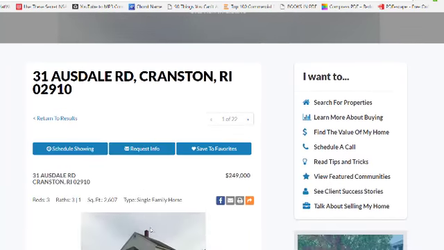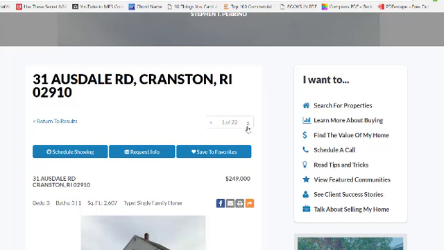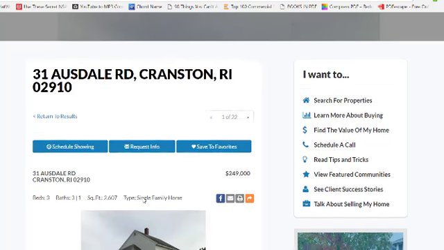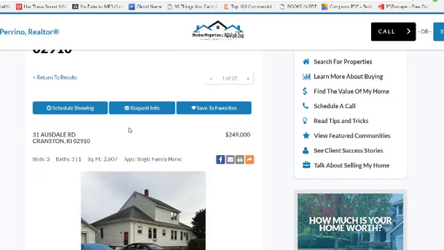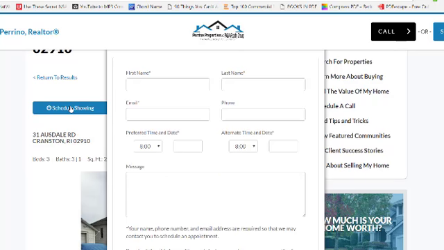When that detailed page comes up, again, you can return to the results. You can cycle through the results on the detailed page instead of the small icon, just page by page. And then also right here at the top, and this is what I really like the most about it, you could actually request a showing or request more information about the property right from the detailed page of each